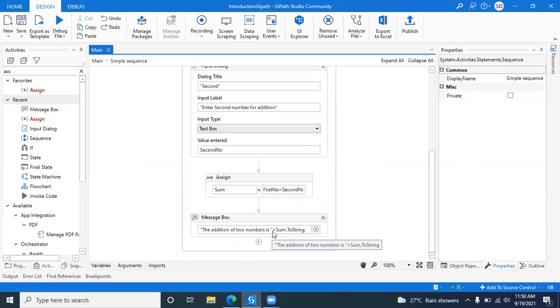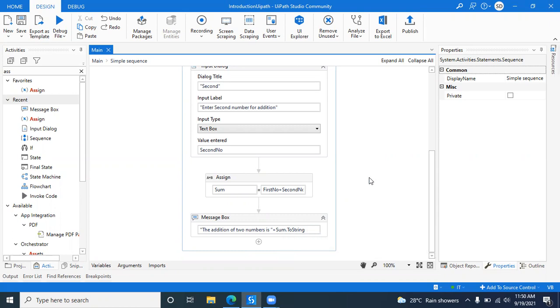That is mandatory. And dot ToString? If you have a string variable, then it is not required. But since our sum variable is an integer type, and this message box only accepts string, we need to convert that to string.